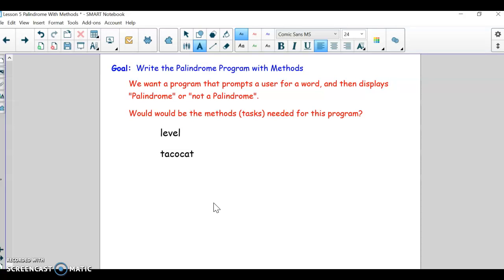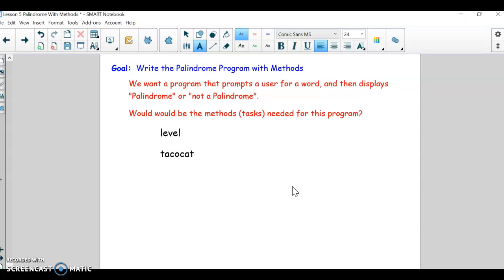So it'll just take a word and then return either yes or no, is a palindrome, not a palindrome, right? And we already did this in chapter 4, but when we did it before, we did one big method, I guess, called main. Now I want to break it down into little tasks and then call those pieces from main and fit it all together. So we're going to be redoing palindrome just broken down into methods,